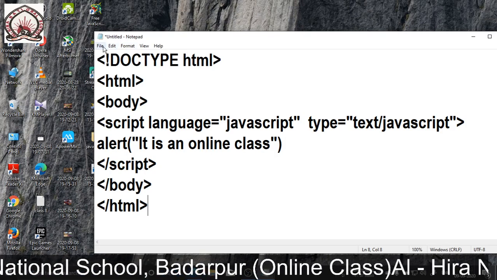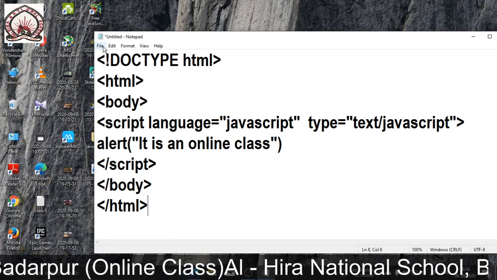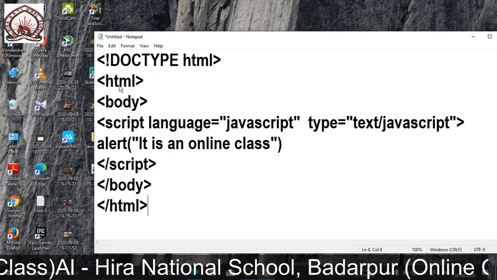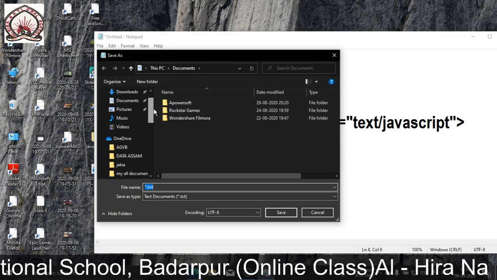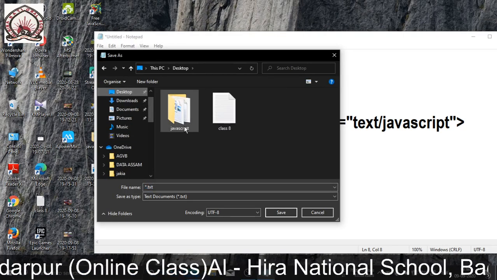Now how to save a JavaScript code? I will click on file, save as. Now let me save it in, say, desktop within that JavaScript folder.